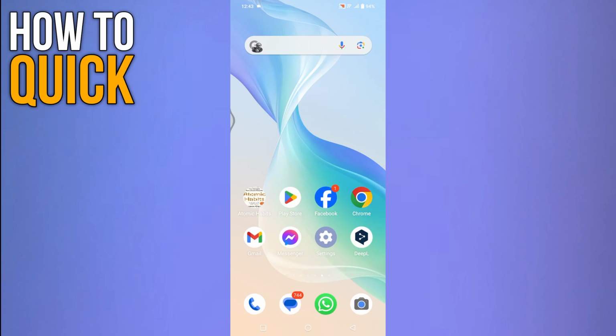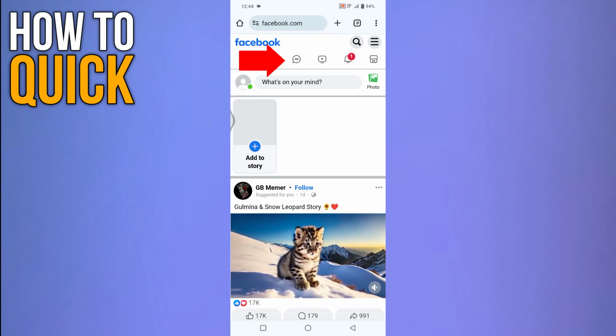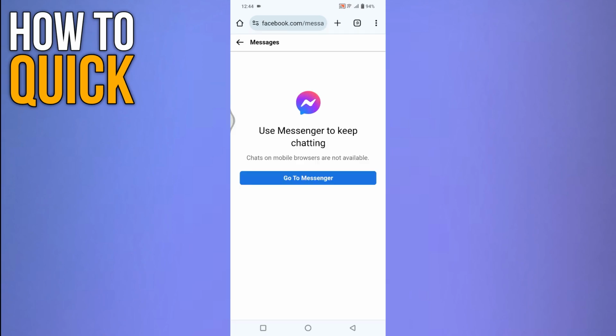First of all, open the mobile browser and log in to your Facebook account. On the profile page you will see the messages icon. Tap on it. Now you can see that it's not possible to chat here as it says to switch to the Messenger application. To solve this issue and to chat in mobile browser without opening the Messenger application, go back